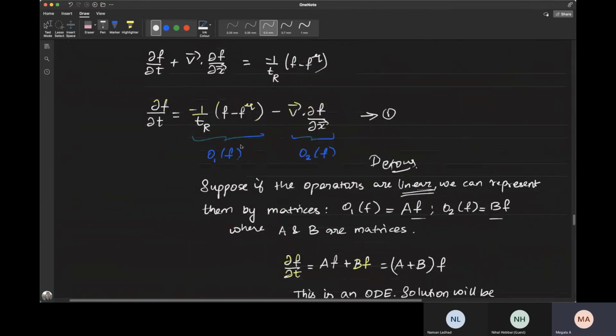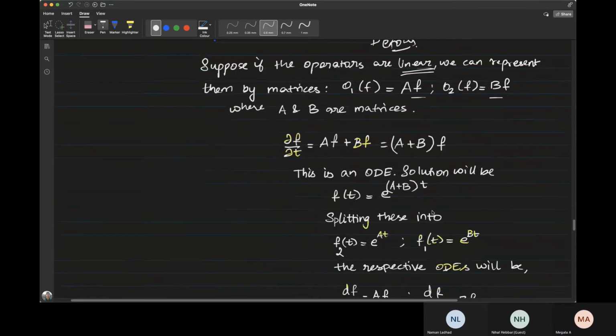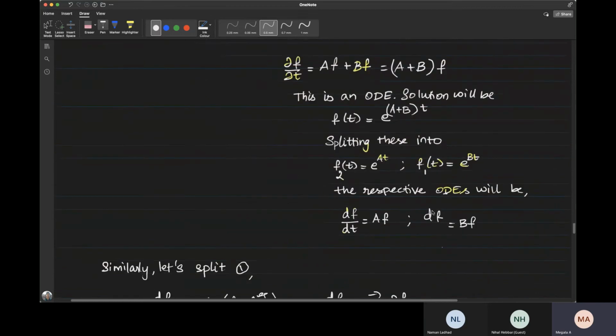Or if your first operator requires some time step delta t, and your second operator requires some time step tau, where delta t is much larger than tau. In these cases, you will require some kind of splitting to separate the different physics to deal with stiff source terms easily. So in those cases, we do operator splitting. So this is basically the idea of operator splitting.